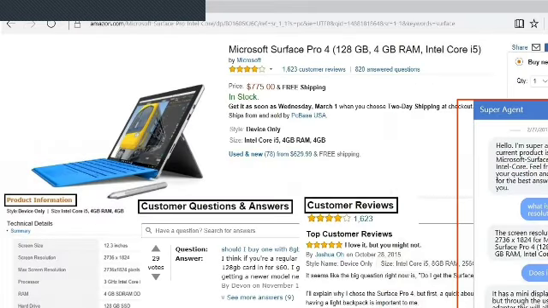Another big example is when you have a web page and you're trying to create a bot out of it. The machine reading comprehension can automatically go and extract information from your web page. For example, if you have the Amazon.com web page and you're trying to create a bot which gives you information from that web page, for example, Microsoft Surface Pro, if you start asking questions, it will try to get all this information out to you.